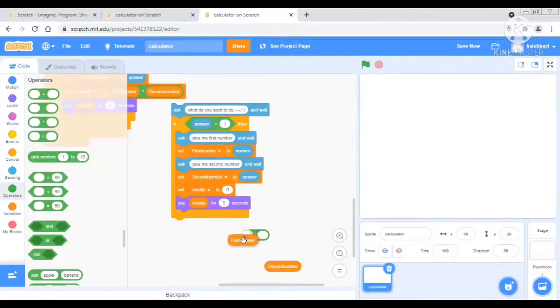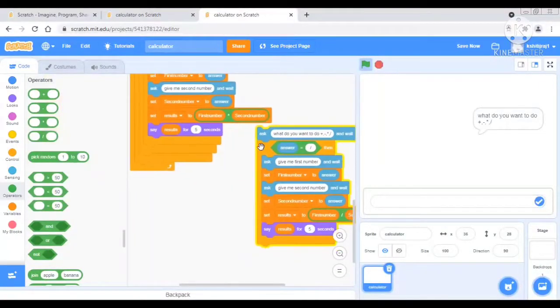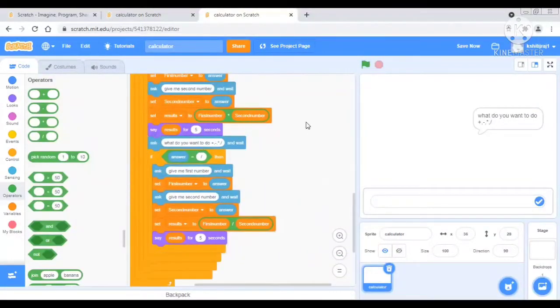Then we will put first number here, second number here, put this to set results to 0. So put this again here.